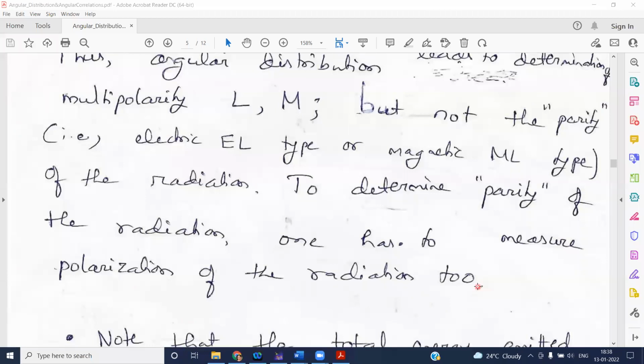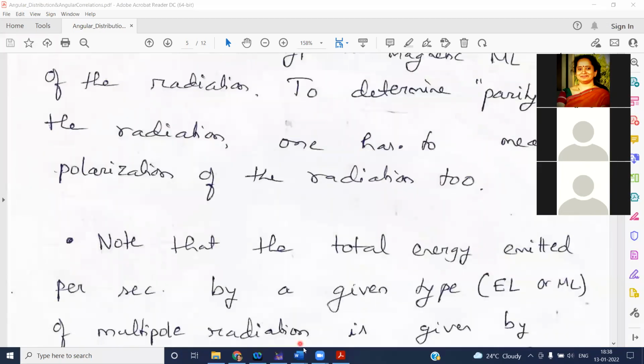I am reading it again so that you understand the emphasis. If I can measure the angular distribution, I will be able to determine the multipole value, the theoretical quantity called the multipole number, L, M, but not electric type or magnetic type. In order to do that, I have to include measurement of polarization of the radiation, and this is without further details. I am just mentioning it. So now, let us say I have,